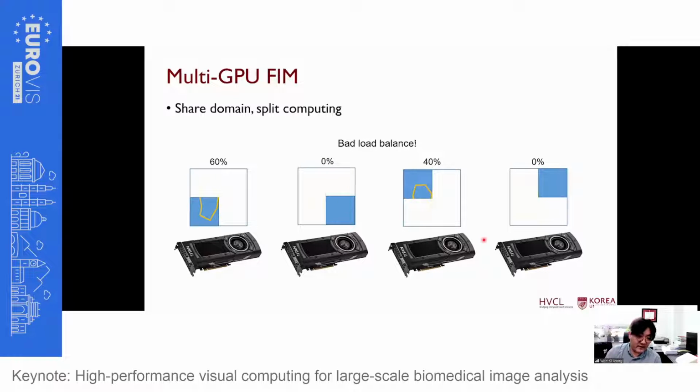But there might be a case, because the active list can grow or shrink and multiple activation and reactivation is allowed, where the band shape or location is not known in advance. Some of them may be on some domain, but the other domains have no overlap like this. In this case, load balancing is terribly bad. Only 2 GPUs are being used, and they are also not sharing equally. One is using 60%, the other is using 40%, something like this.